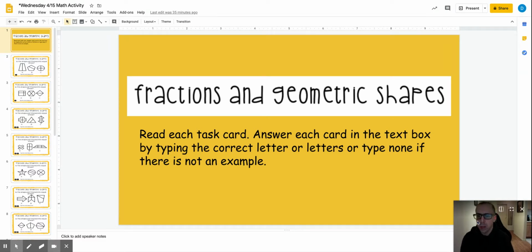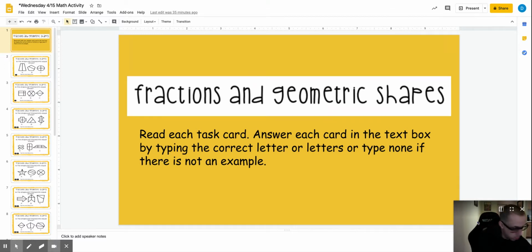So it's important for us to remember that when we are looking at fractions, okay, the numerator goes on the top and the denominator goes on the bottom. So when I'm looking at a fraction,